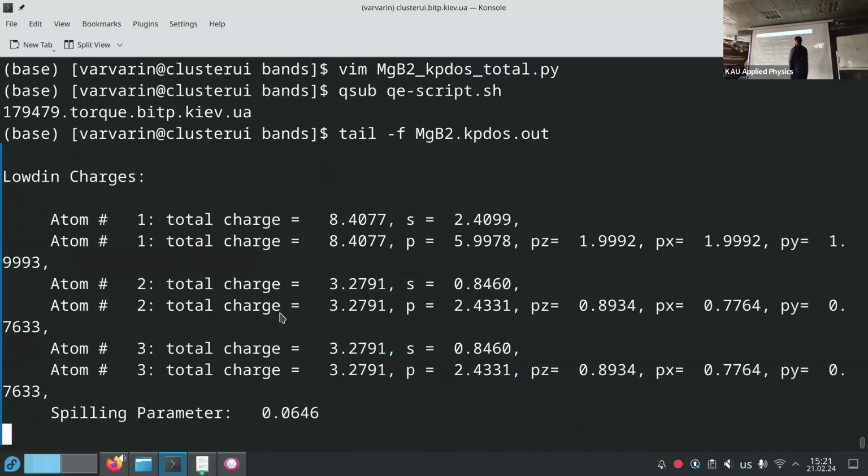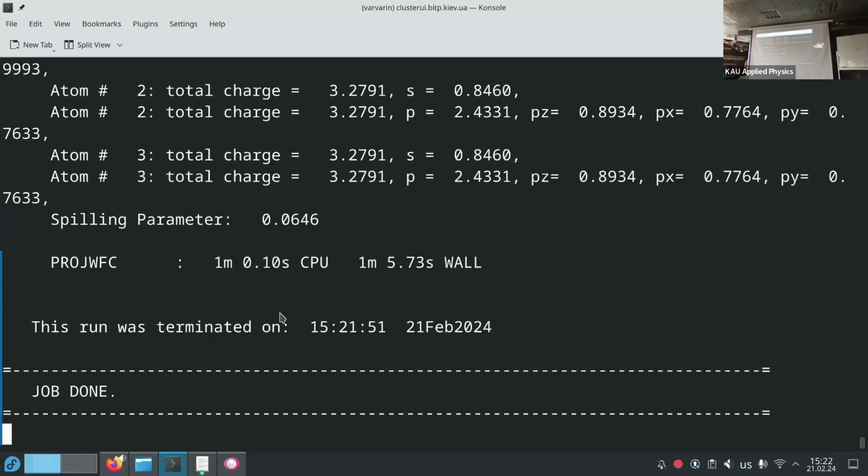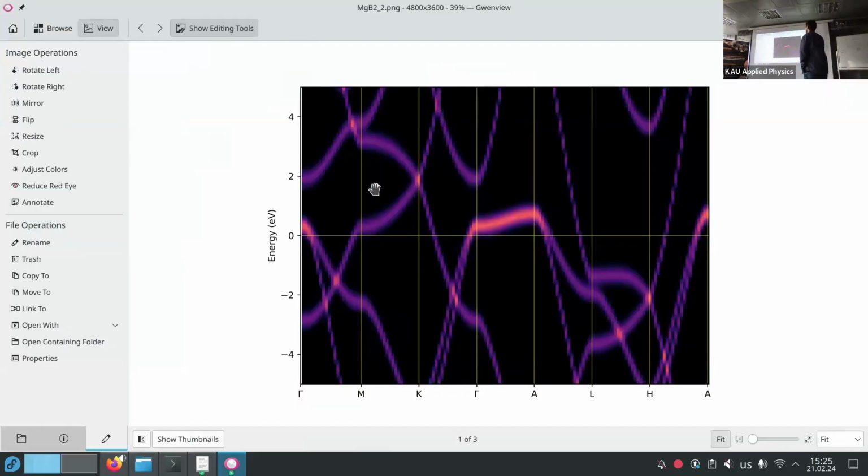You see that it has total charge 2.4 on the p orbital, and all other orbitals like 1 and 1, 2 on 1, 1 on 1. Is that px? It finished, but Mikhail is not here. You can try to do it by yourself. Mikhail, you can show the previous one.